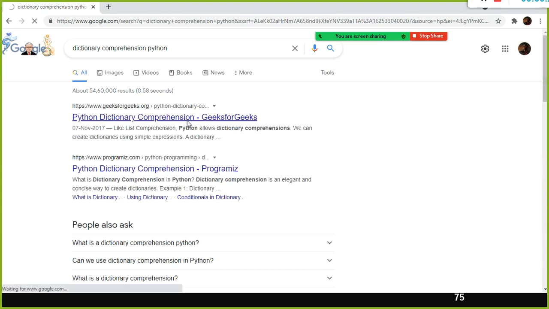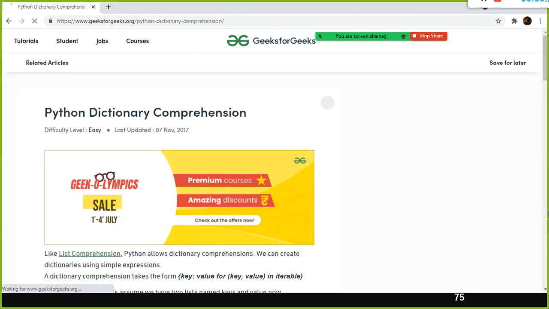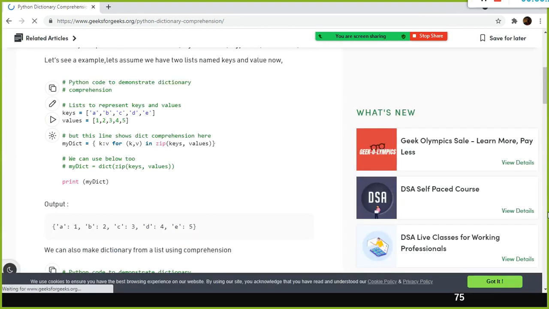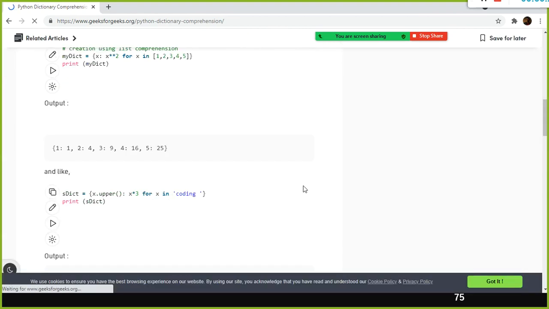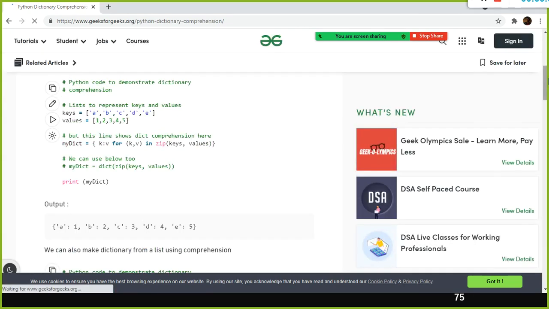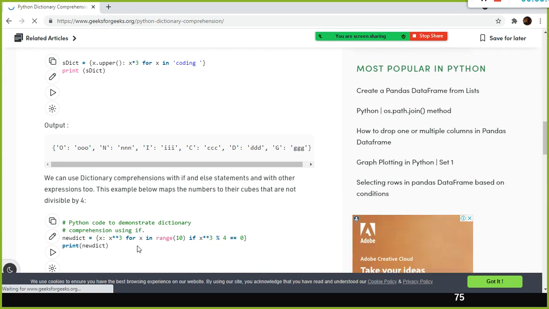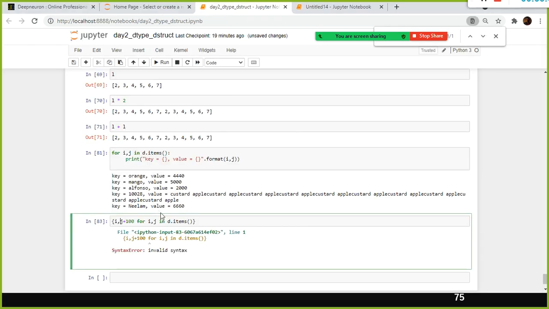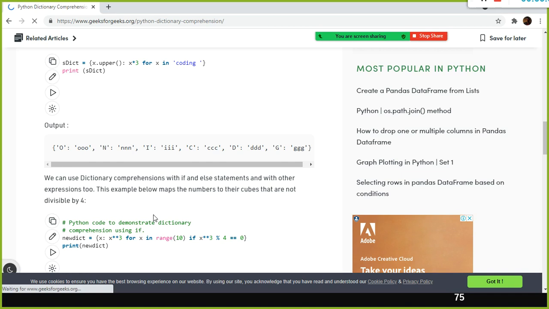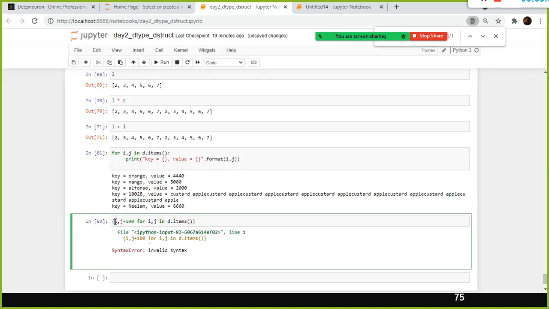GeeksforGeeks, this website is very good, and you can learn Python like anything. For k comma v in zip. You need to use zip, or I think you can use something like this for dictionary comprehension. So x colon, look here, that is what I tried, right? So this is correct only.